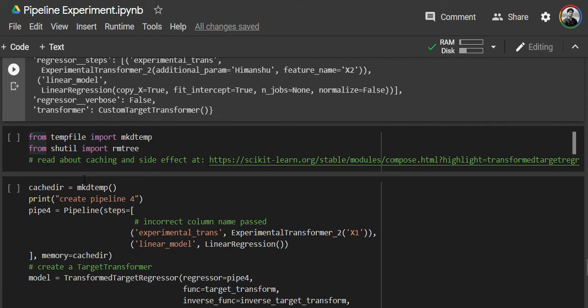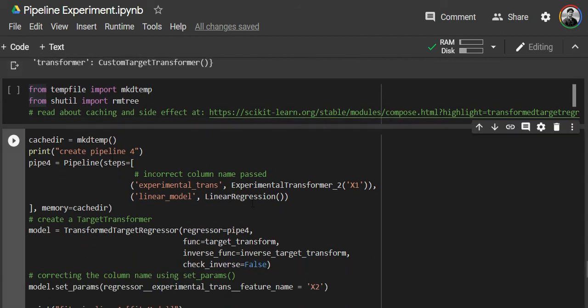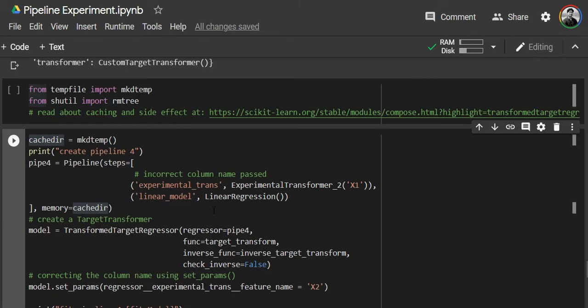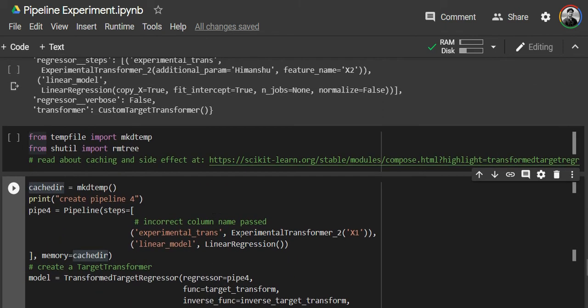I'll show you an example here. So about caching, I'll make a very short comment here. You can use 3 lines of code to cache all the processes into memory. Details of it are at this link. You can go ahead and read on the official scikit-learn website why caching helps and may save time or processing power on your big pipelines.